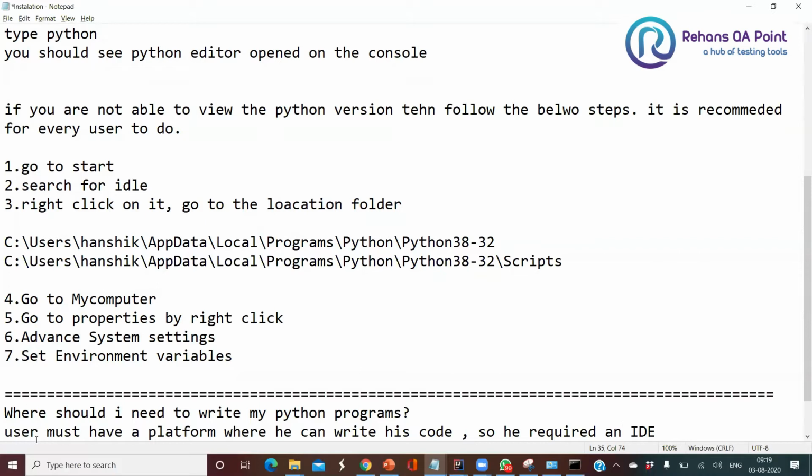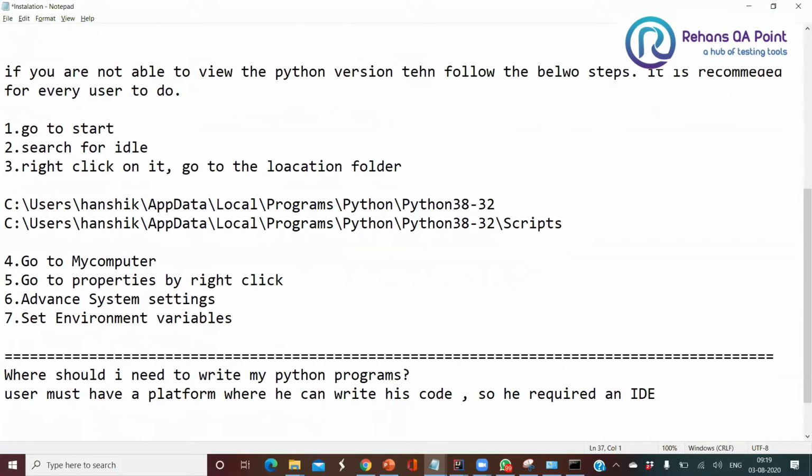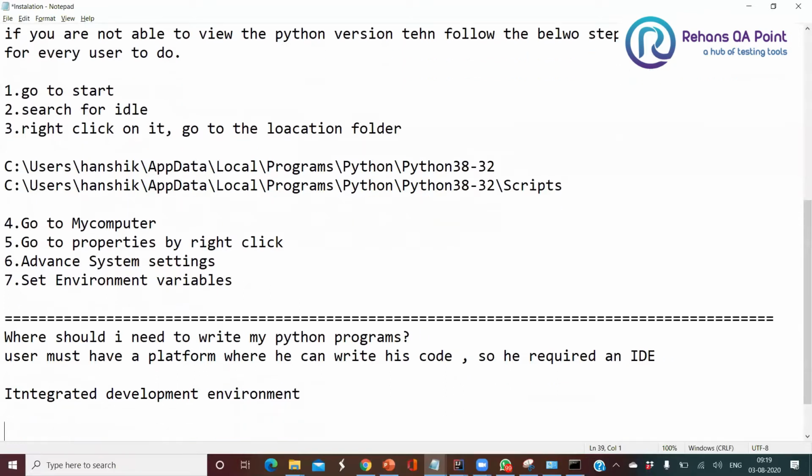So IDE stands for what? IDE stands for integrated development environment. So this IDE is going to help the user to develop the code.